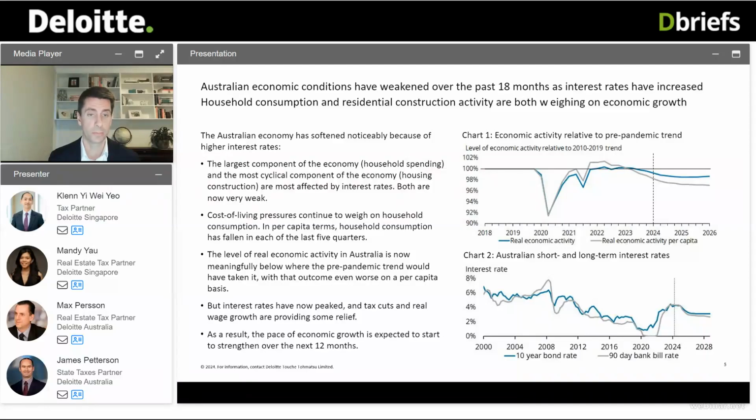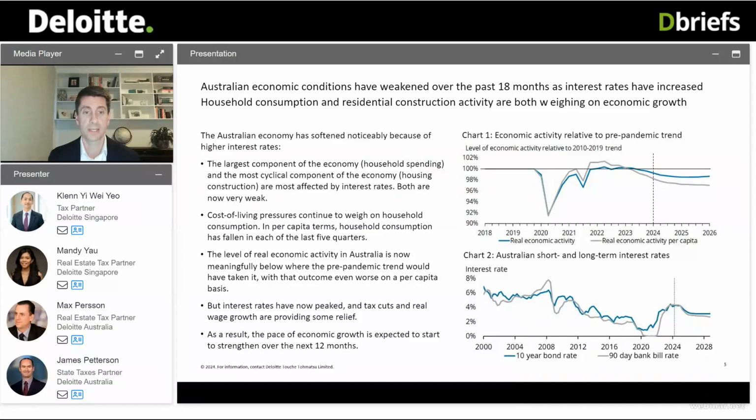The other sector of the economy which is struggling with higher interest rates is housing construction, but that's also a sector that has been struggling due to some other influences coming out of the pandemic, which I'll touch on in a moment. If we think about the trend path of the Australian economy for the 10 years up to when the pandemic started, and then we think about how the economy has progressed through the pandemic and beyond relative to